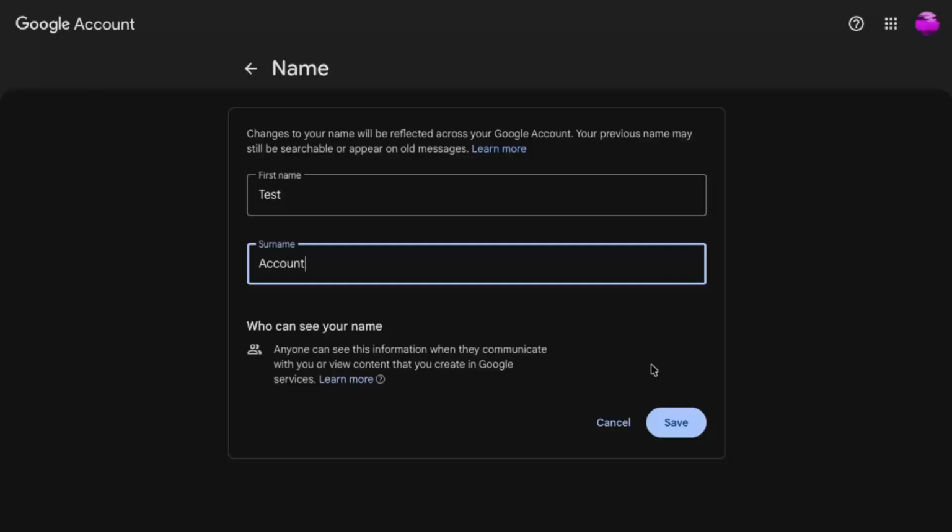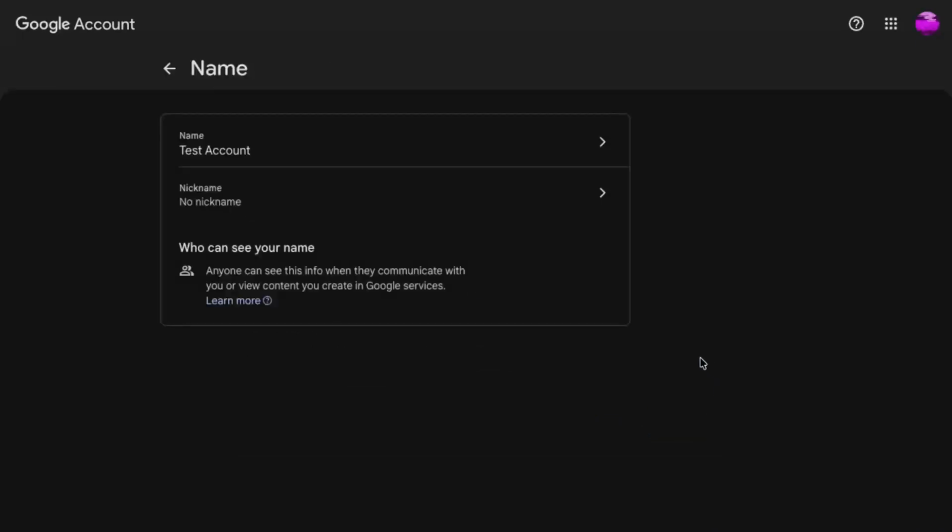Keep in mind that in some cases, changes may not appear everywhere instantly, so if you don't see the update right away, give it a little time. Also, make sure you're editing the correct Google account if you're signed into more than one, and that's it. Once you save, your Google account name has been